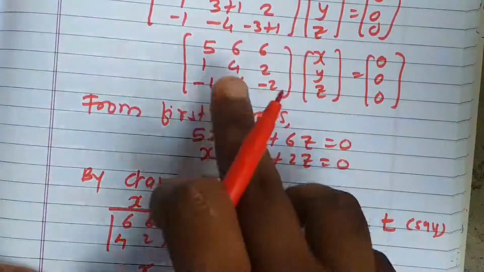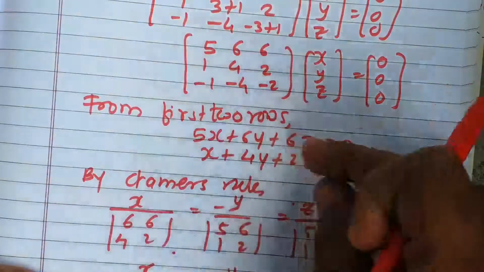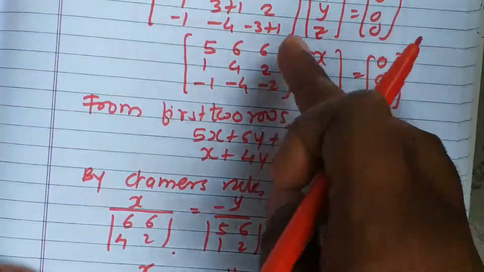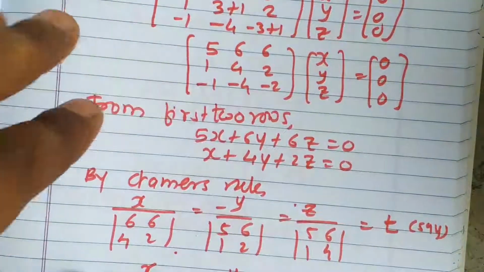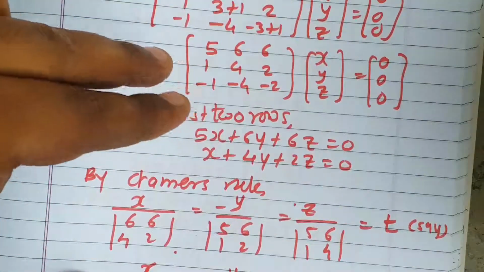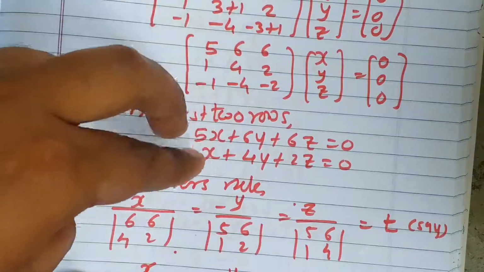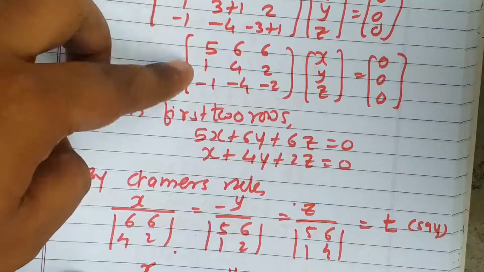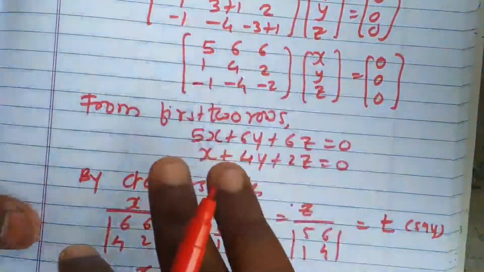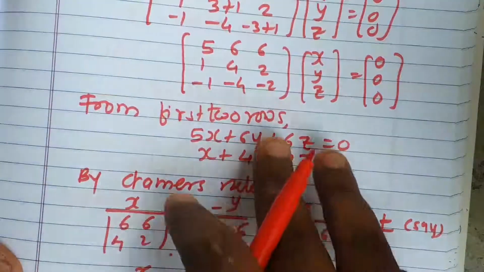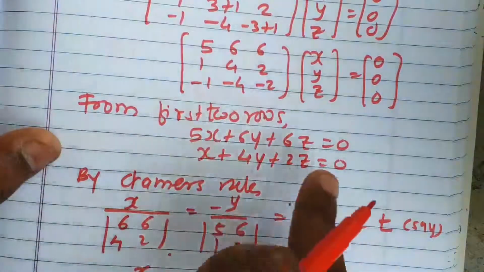So I have written it only once, and from the first row we will get the equation 5x plus 6y plus 6z equal to 0. Now, consider there are three rows in the matrix, you'll get three equations. Out of those, if it is possible to get two different equations, then we have to write them. Sometimes the row 5 6 6 may be at the last place, or it may be in the middle. We just have to get the two equations which are different, which are not multiples of each other. We should not take the second and third rows together, as that will give us the same equation again.